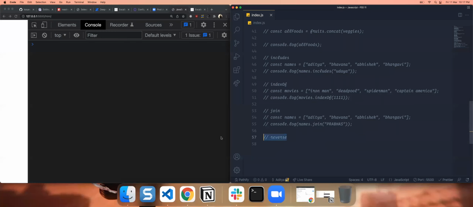Include. Okay, so I'll talk about the include method again. What the include method does is, let's say I want to search whether a particular element exists within the array or not. Like I have this array of names, where I have 4 strings here. So I want to check if this name called Udaya exists within this array or not. So I have to basically give the element which I have to check if it exists or not within this array. So I can give this thing called Aditya here, and it returns me the value of true,